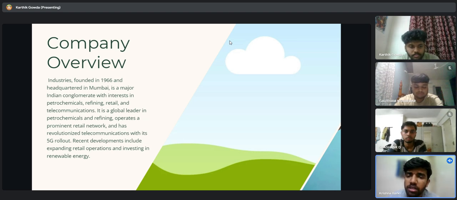Here, in this example, we took the company named X, and it was founded in 1966 in Mumbai. Its headquarters is in Mumbai, and its major sectors of interest are petrochemicals, refining, retail, and telecommunication. Let us consider that it is a global leader in petrochemical refining and operates a prominent retail network, and has also revolutionized telecommunication with its 5G rollout. Recent developments include expanding retail operations and investing in renewable energy. Next,